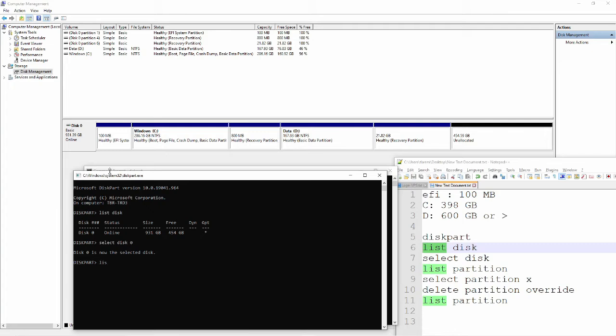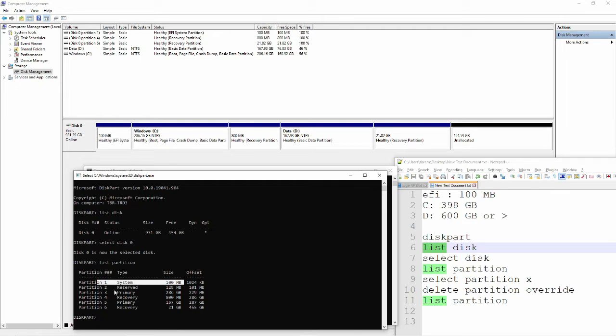Then I should list the partition. Here there are different partitions. We see partition 1 with a size of 100 megabytes, which is this one.